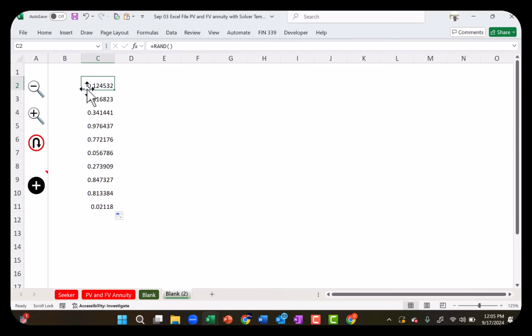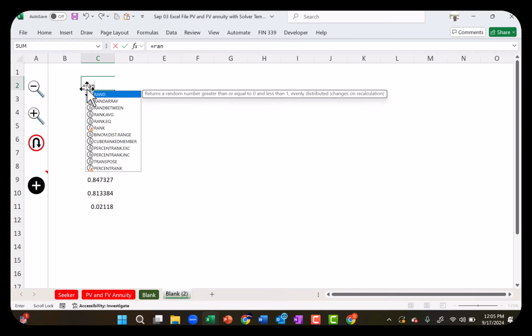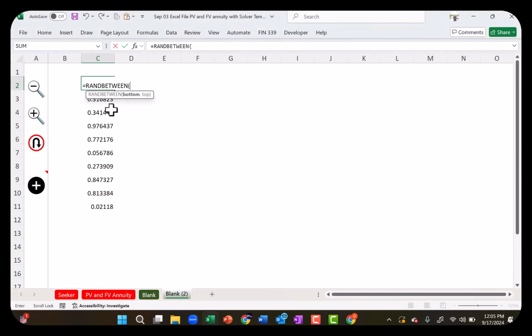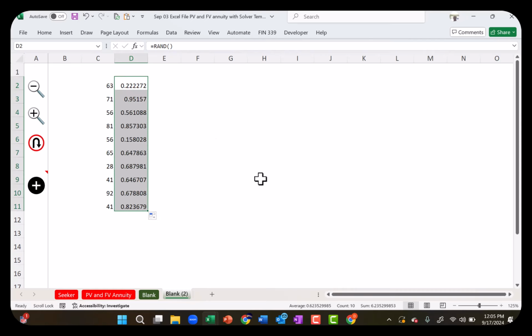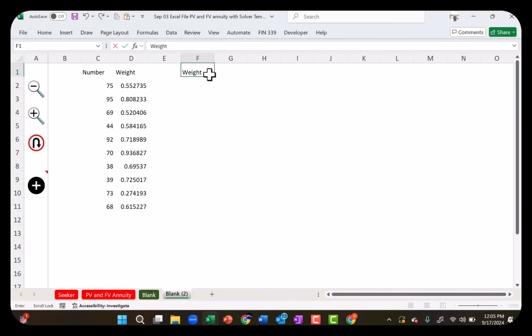Or let's do this. I'm going to do random integers between 10 and 100. And I'm going to attach random weights between 0 and 1. And they don't necessarily add up to 1. Okay. So this is number, weight, and weighted average would be, if you want to do a formula,